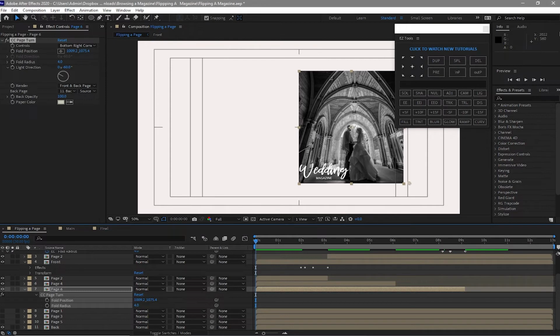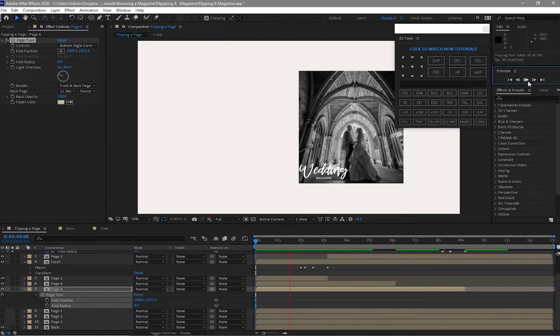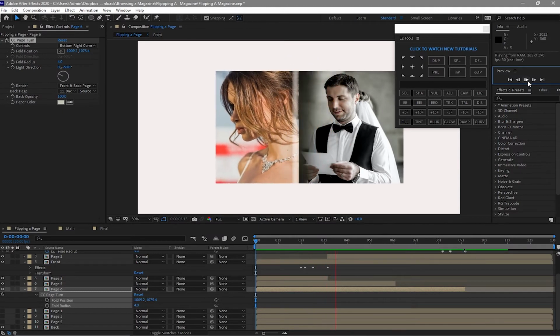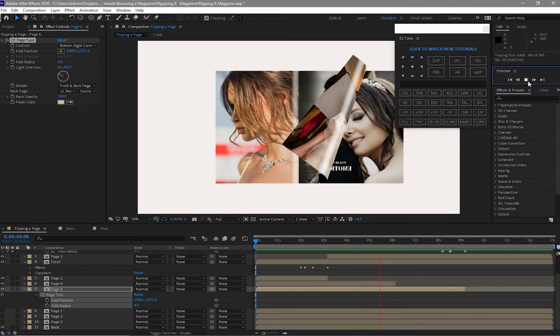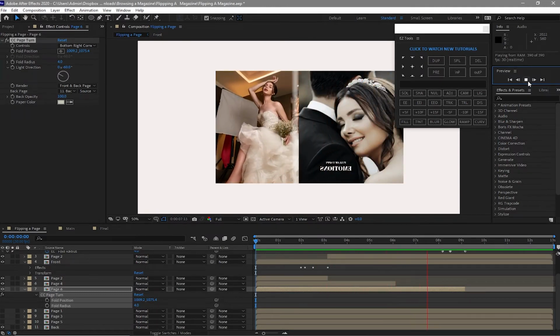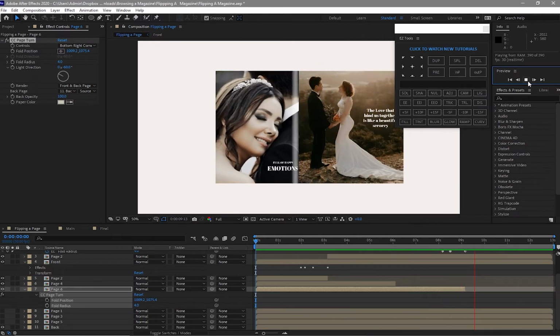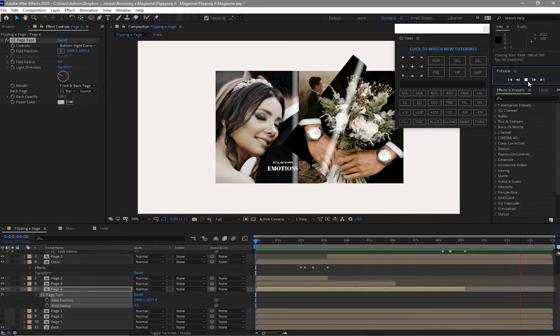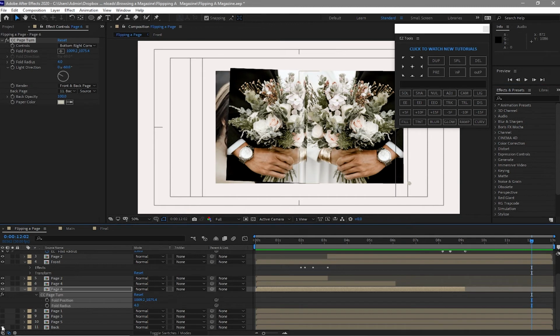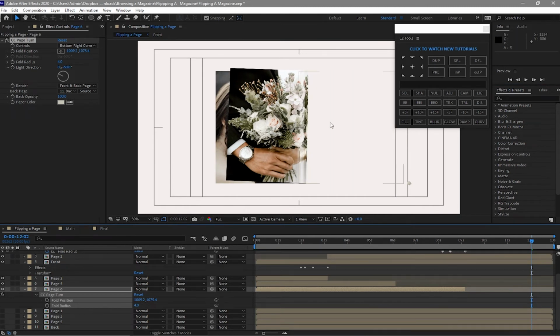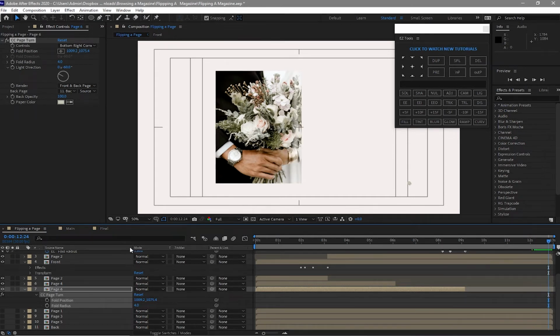So when we play this one, now you have a nice flipping magazine. Disable this one so it will be gone. So now we are done with this composition.